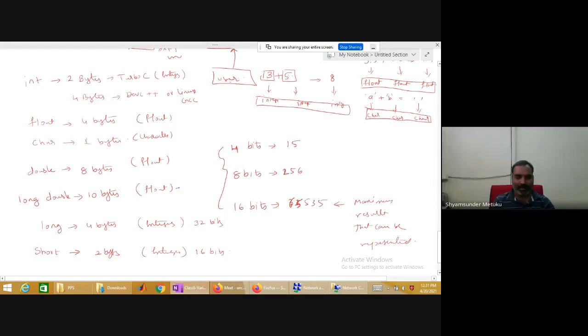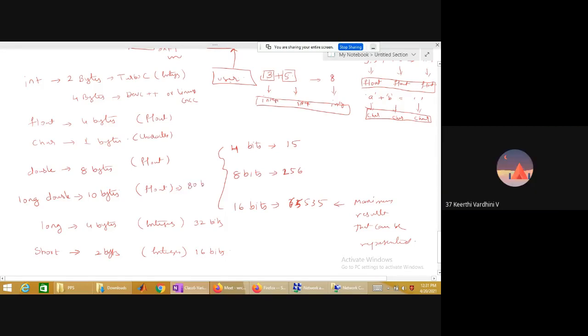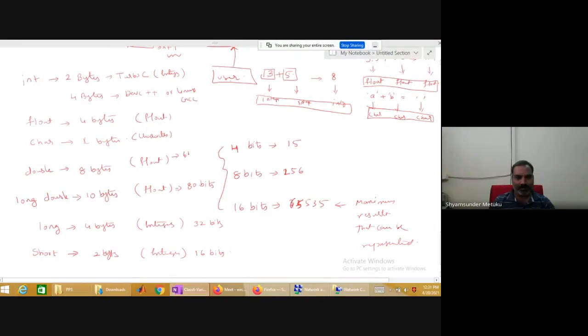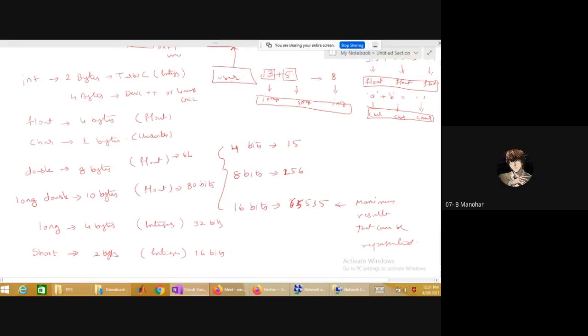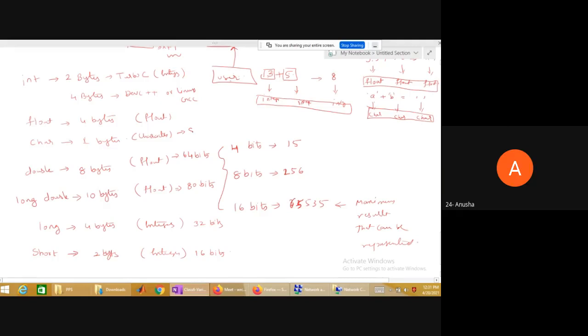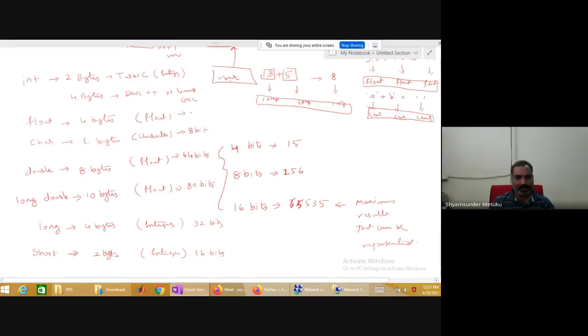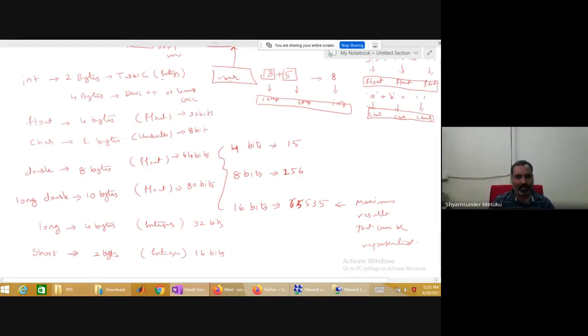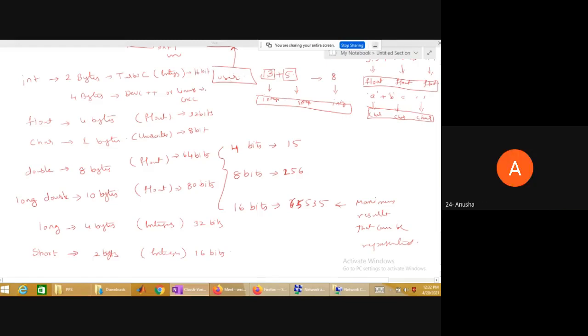Float, 10 bytes means how many bits? 80 bits. 8 bytes, 64 bits. 1 byte, 8 bits. 4 bytes, 32 bits. 2 bytes, 16 bits. Again 4 bytes, 32 bits.